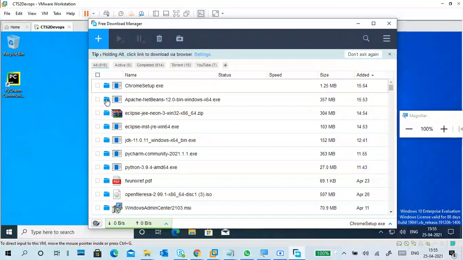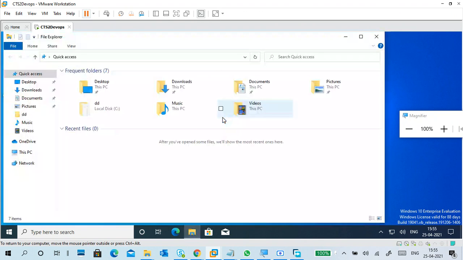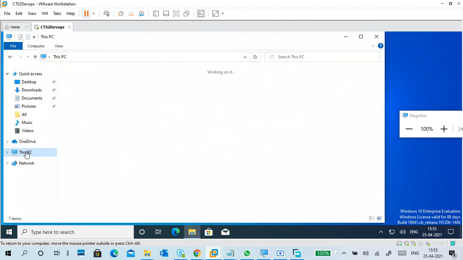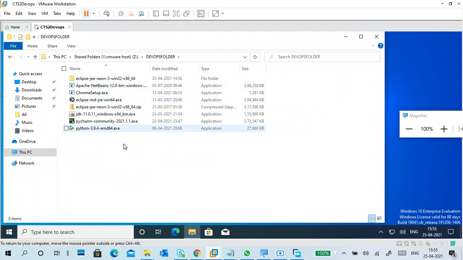Yeah, both are downloaded. Okay. So already that folder, G Drive DevOps folder, is already connected to my virtual machine. So I will install it from here only. First I will install Google Chrome. Really, Google Chrome I will install later.